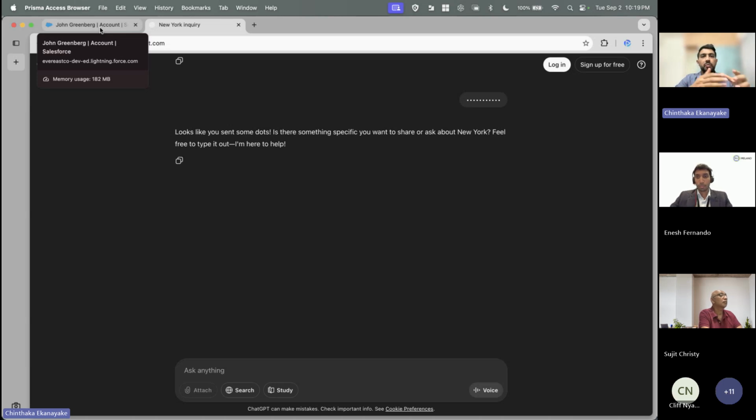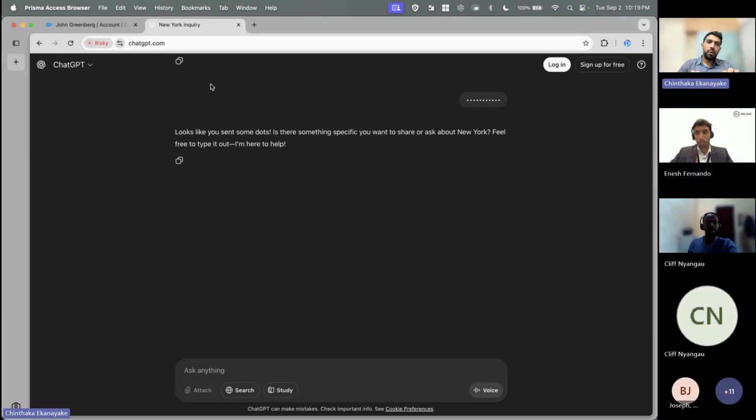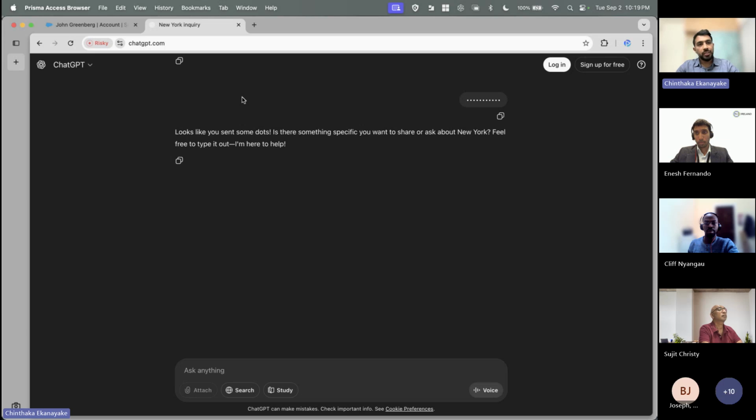Maybe between your CRM and your email, you are allowed to copy paste emails. But in case you try to take those email addresses or customer addresses into a different application, something on Chrome or something like a text pad, you will not be able to do that. So we can create these bubbles and define what is allowed to copy paste, what is allowed to take out, and what is not allowed to take out. We can do a blanket copy paste, or we can look at whether sensitive data is there, and then apply controls.